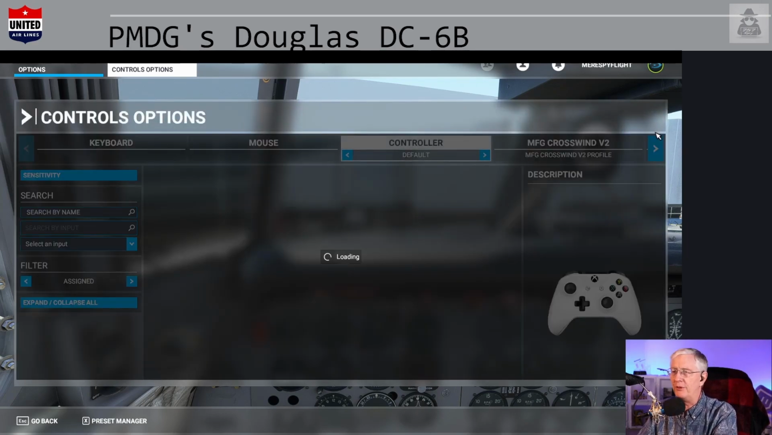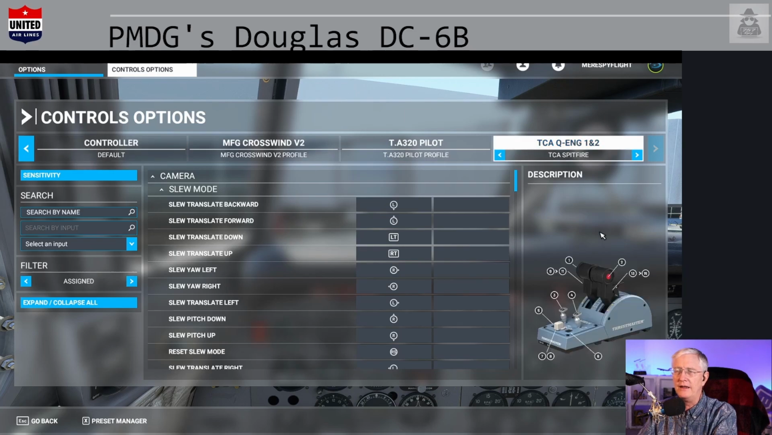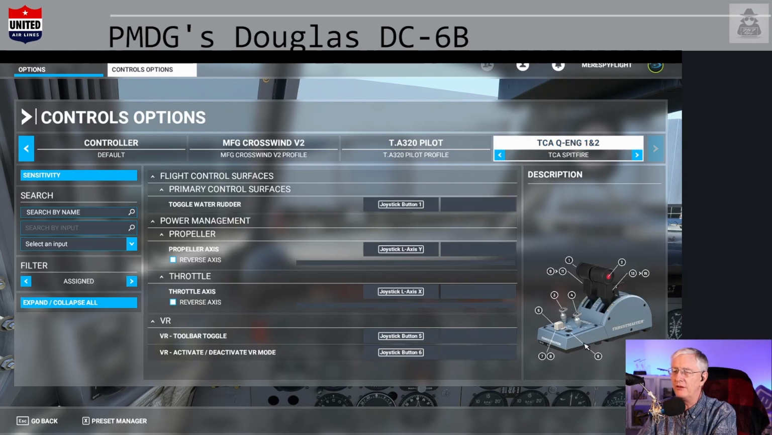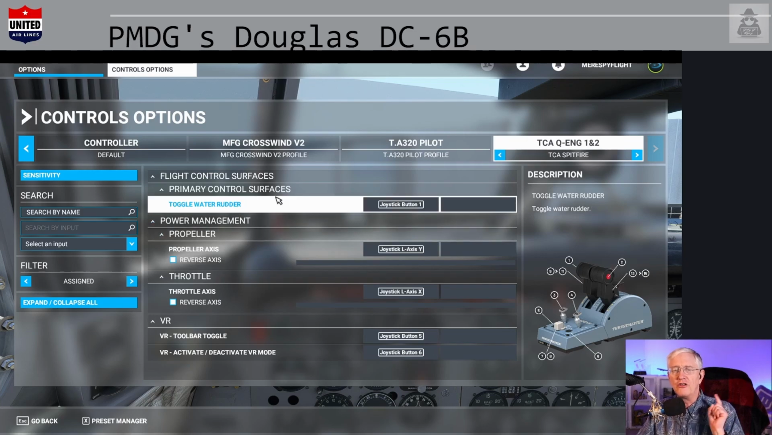It's really simple here. Go to your throttle quadrant, and here's my throttle. I'm using the Thrustmaster Airbus stuff. And you see the top thing here? It says toggle water rudder. And I've actually got this keybound